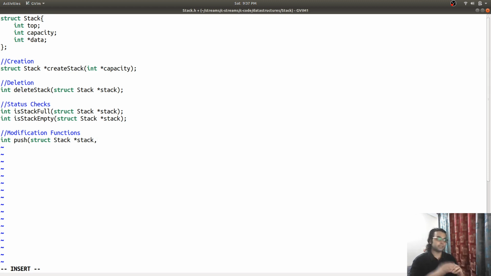So it is possible that this array is somewhere else, so we need access to that array where we are going to put data. So it is integer data.